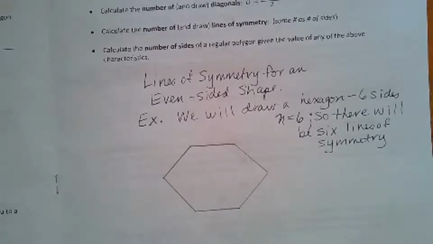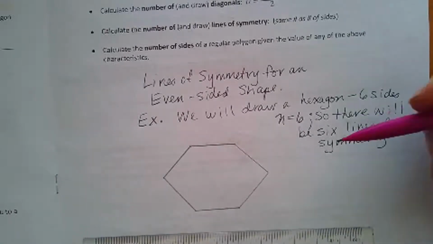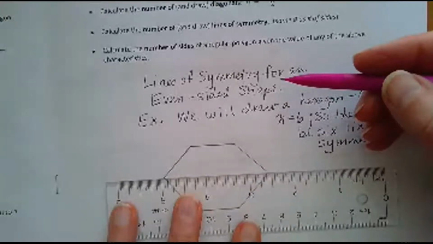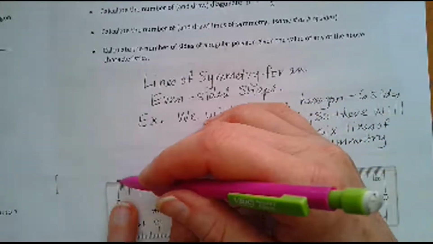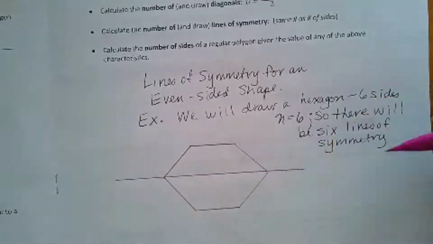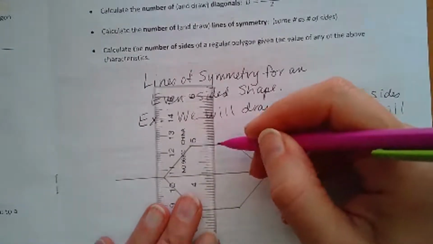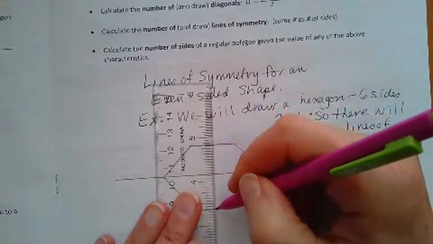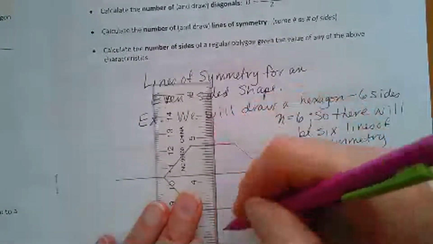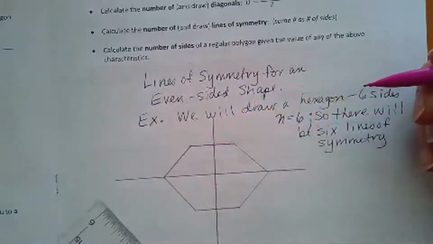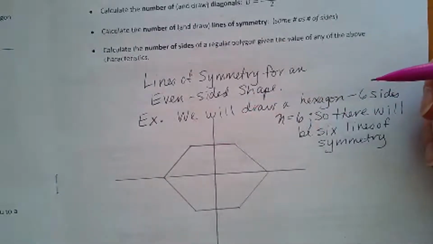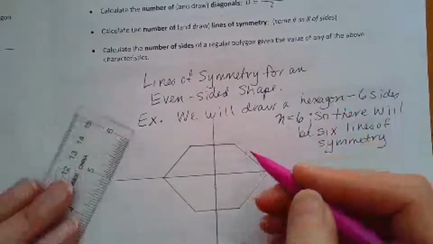So let's see what happens. The first line of symmetry will be, I mean, it kind of makes sense that symmetry, because I'm trying to cut this in half. This will be 1, right? 1 line of symmetry. Another line of symmetry will be just cutting in half this way, right? 2. Another line of symmetry will be